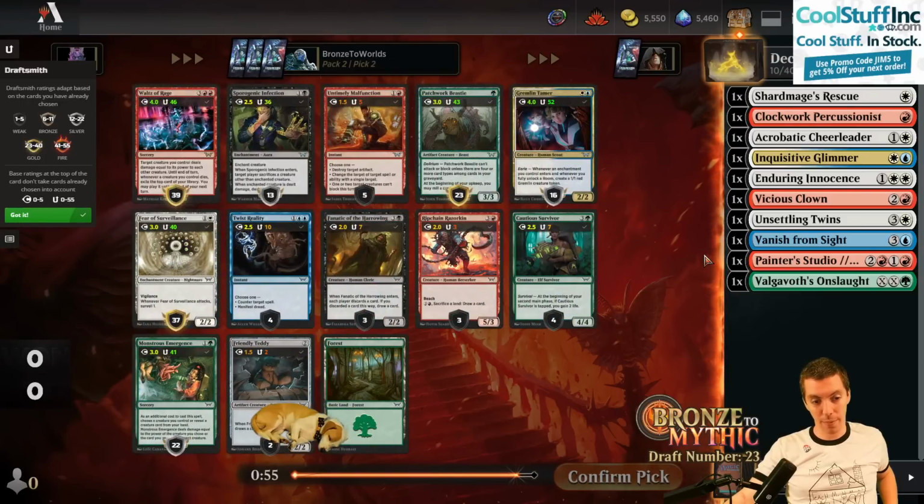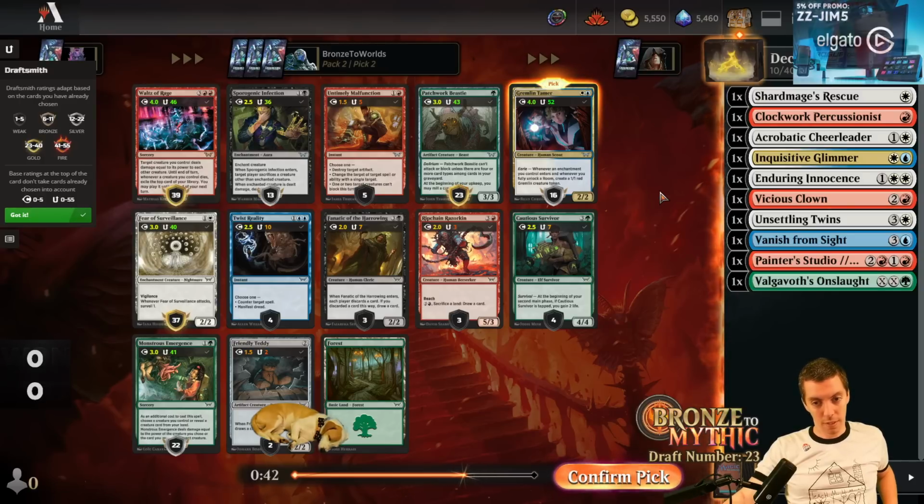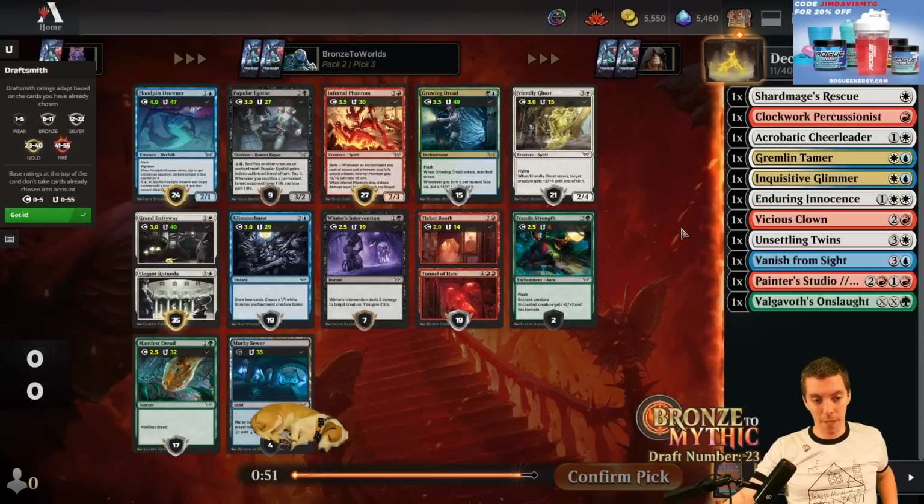Now we get a Gremlin Tamer. I think we're blue-white splash green. I think we're going to see a ridiculous amount of blue and white this pack. Yeah. All right, fixing's also important. Hook me up here. This is going to be a good pack for us, so...